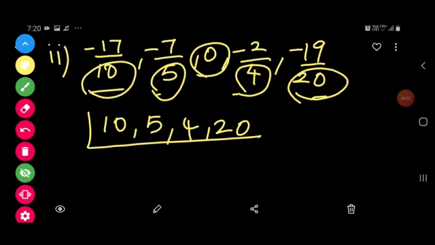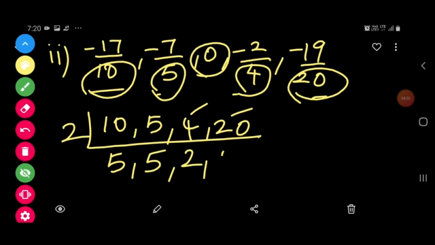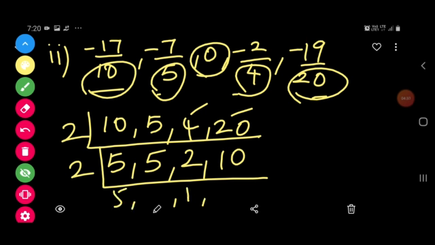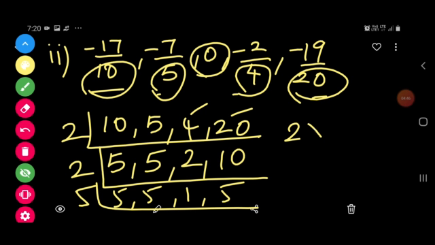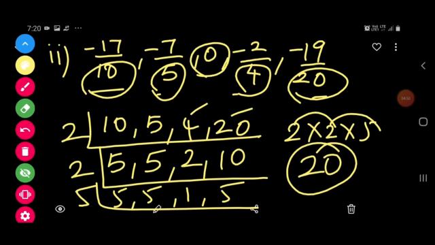So I will divide by 5. I will choose 2 first because 4 and 20 both will divide by 2. So I will choose 2. So 5 2s are 10, 5 as it is, 2 2s are 4, 10. Again I can choose 2 in order to get 1 here. The remaining value as it is here will be 5. If I divide by 5, everything remaining will be 1. So what is our LCM? 2 into 5. Am I right? So 2 2s are 4, 4 5s are 20. So our LCM is 20.